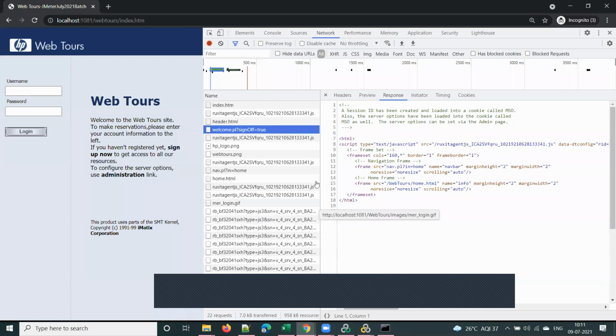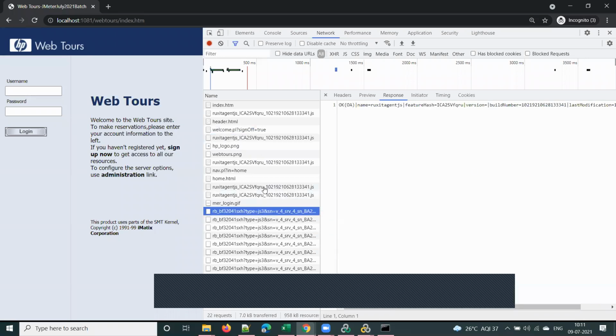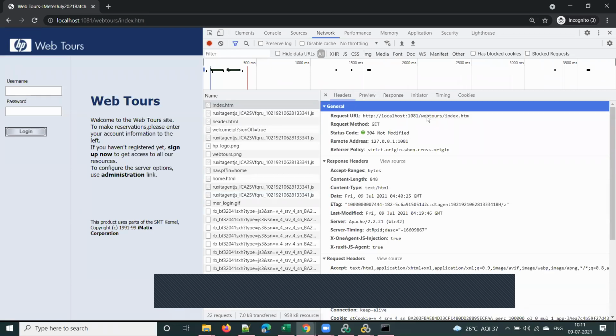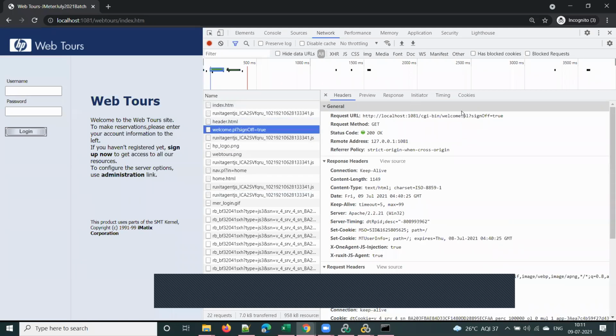Yes, Kishore. Right? So ignore these other things, .js and all, you can ignore this. These are not related to the Web Tools application. So please ignore this. Okay. Now, the application related requests will have this Web Tools URL. See, observe here. This is 1, this is 2, and this is 3. This is the third request, right?